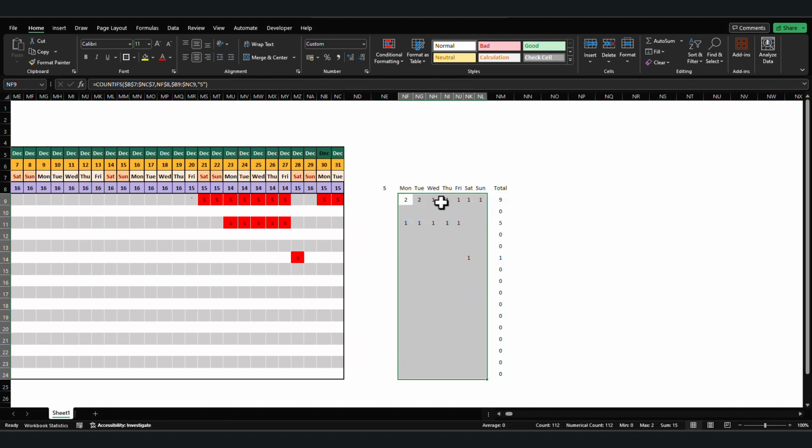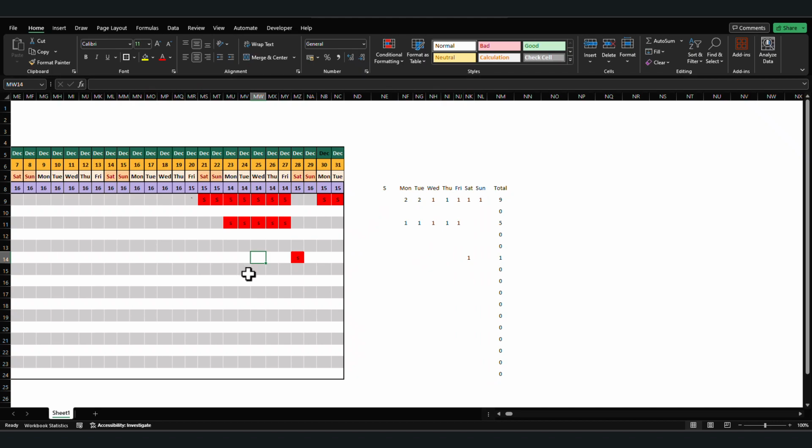All these zeros will disappear, so you can have a nice and clean look. And if you type H or anything else, it won't count. It will just count the